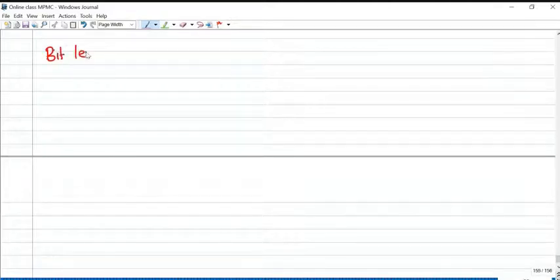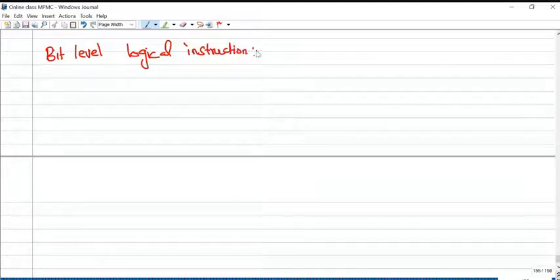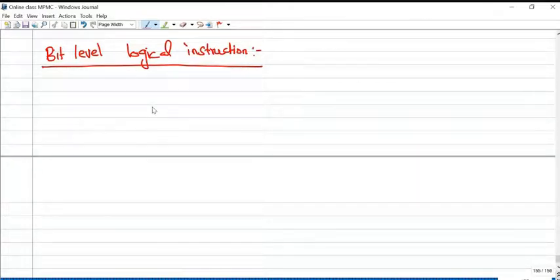Next, bit level logical instructions, or Boolean operation related logical instructions. Because we know in the RAM organization of the 8051 microcontroller, some of the address locations are bit addressable as well as byte addressable. So, instructions related to bit addressable locations.